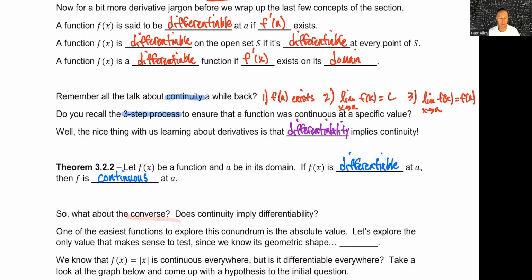But what about the converse? What if we reversed it? Does continuity imply differentiability? Think about that for a second and think graphically. That's why we work so hard on all the previous classes about knowing a lot of those parent graphs of each one of those functions. And think of a continuous function. Or better yet, think of one that may not. We call it a counterexample. A continuous function that would not take the derivative